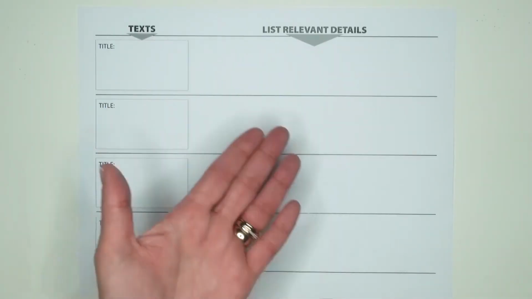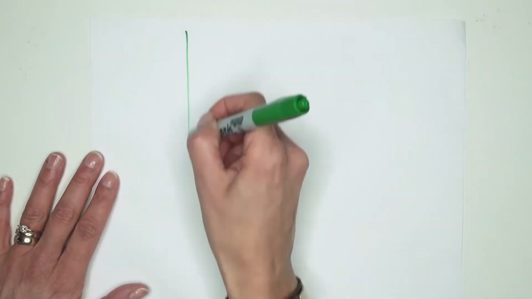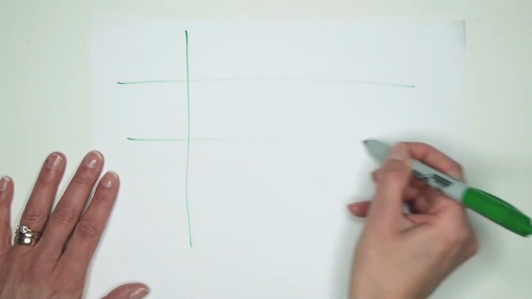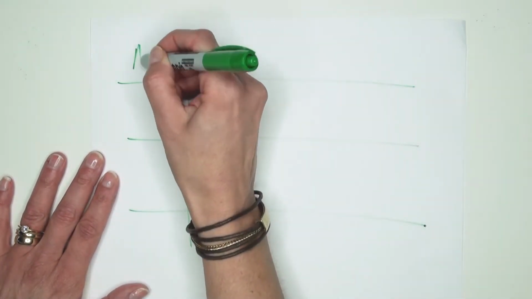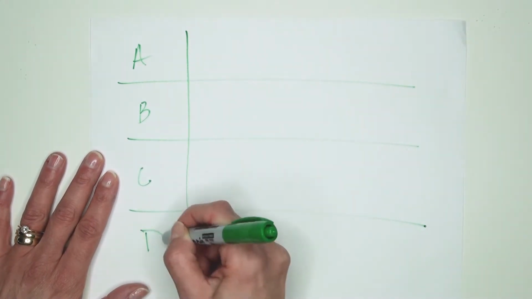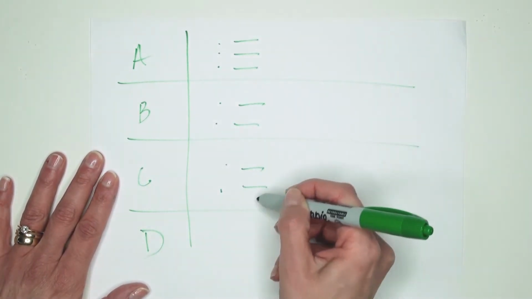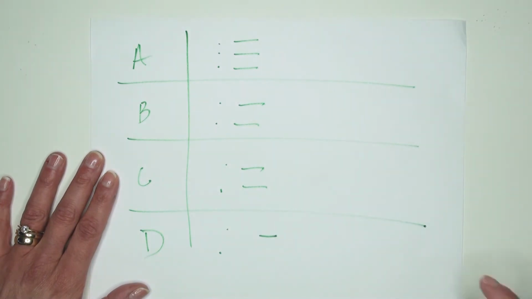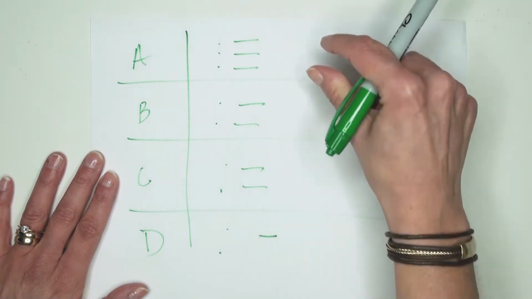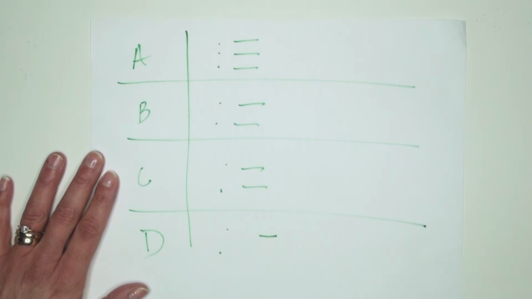But eventually, even the graphic organizer needs to go away. We can simply provide students scratch paper for them to make a simple chart to list each text title on the left, collecting relevant details on the right, and again, making sure as they draft to pull something from every